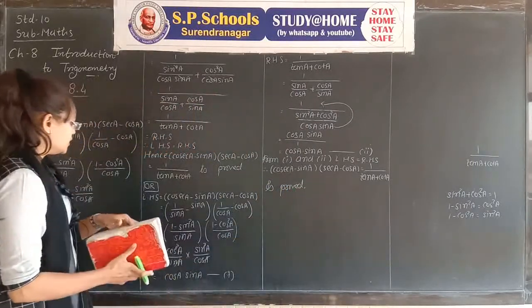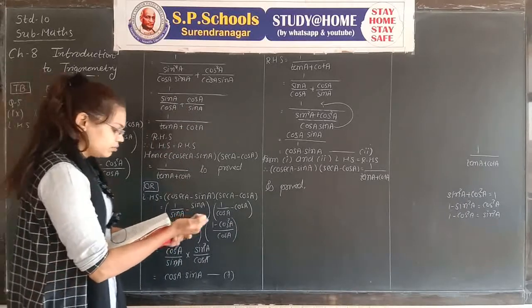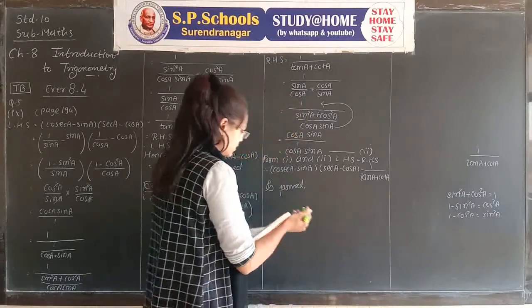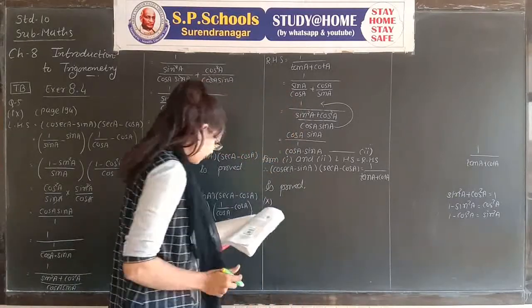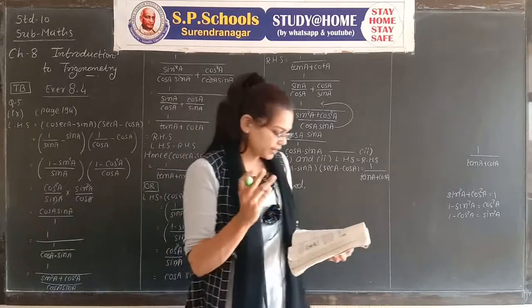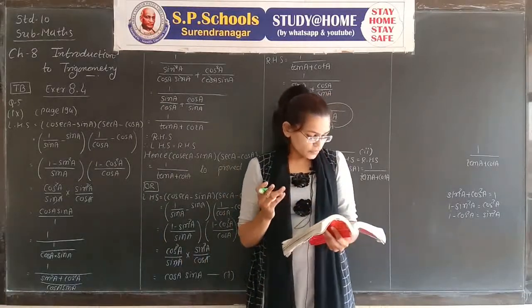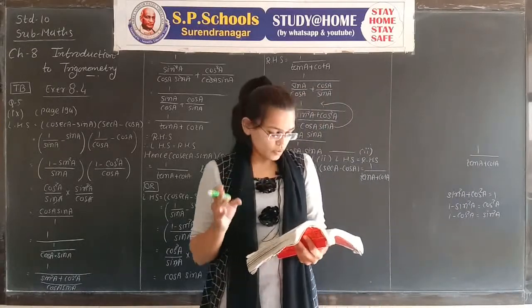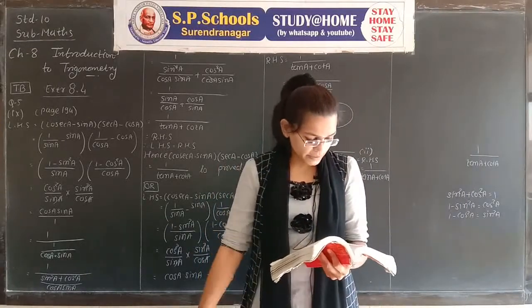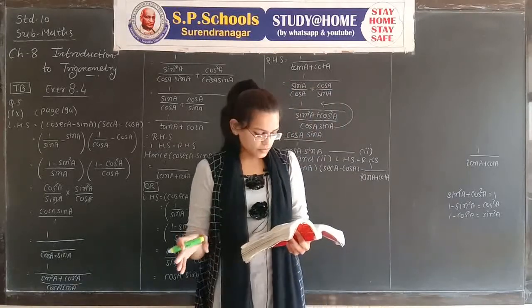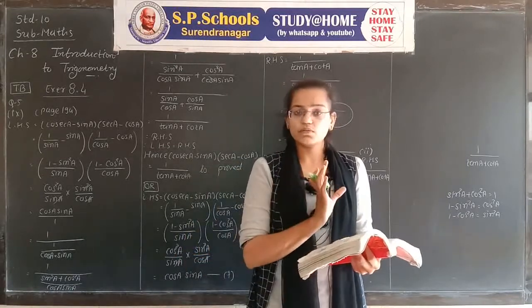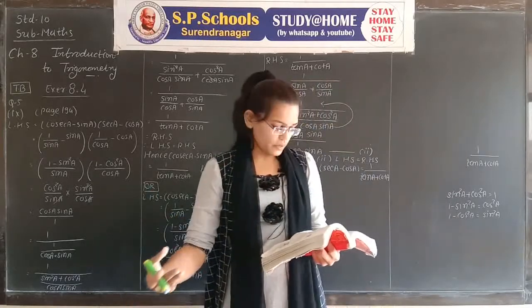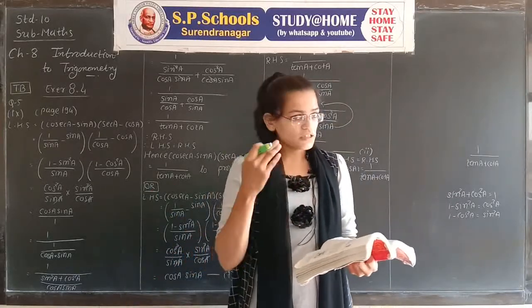Okay, this is the second method to solve left hand side and right hand side separately. See the last, 10th number. There are 3 terms, not only left hand side and right hand side. 1 plus tan square A upon 1 plus cot square A is equals to (1 minus tan A upon 1 minus cot A) whole square is equals to tan square A. We need to separately solve the first term and we get tan square, and the second, and the answer is also tan